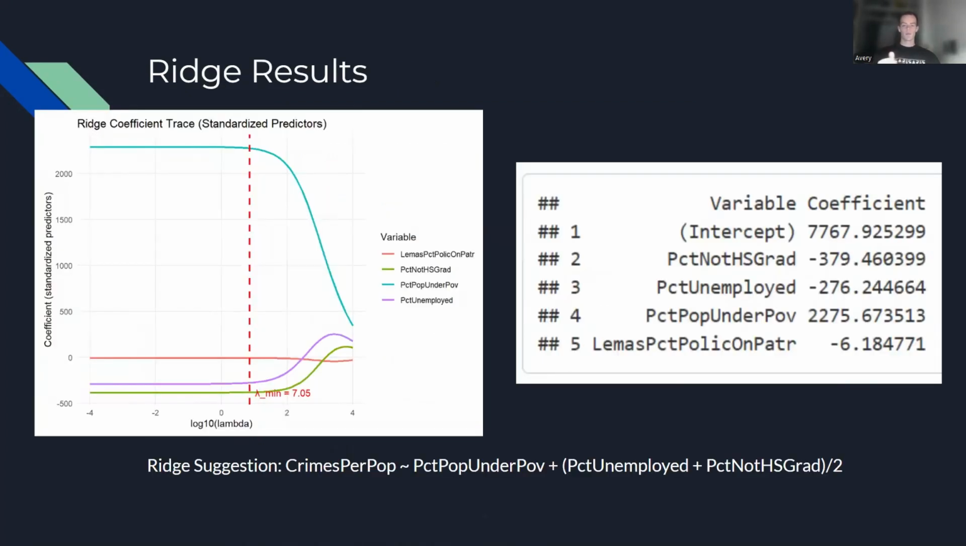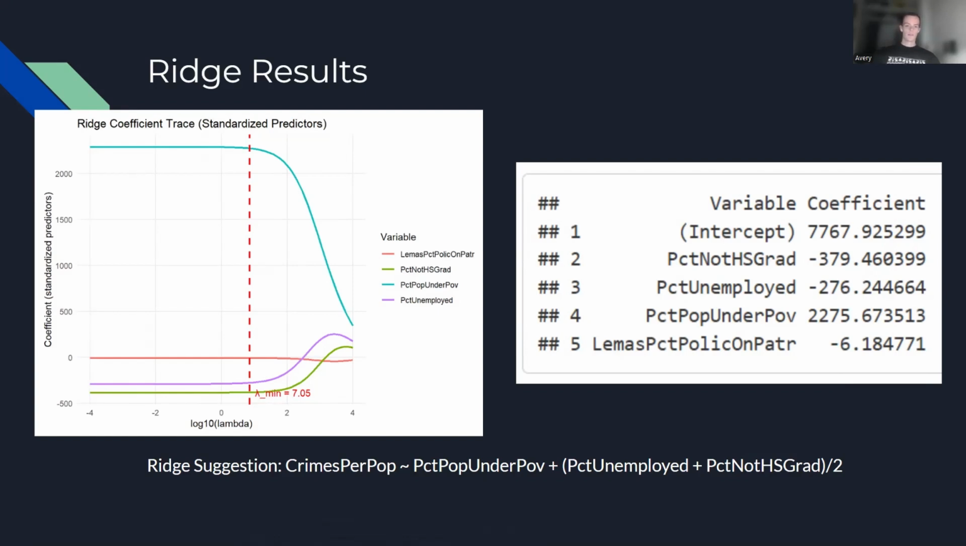Next, we performed ridge regression, so we normalized our variables and we looked at what the coefficients were on these to show their impact, and we saw that percent population under poverty had a very high impact, and then percent not high school graduate and percent unemployed had very similar impacts. So we determined that the suggestion being put out by ridge regression was that we should regress based off of our percent population under poverty plus that percent unemployed plus the percent not high school grad combined, divided by two, just to combine those two variables that were having very similar amounts of impact